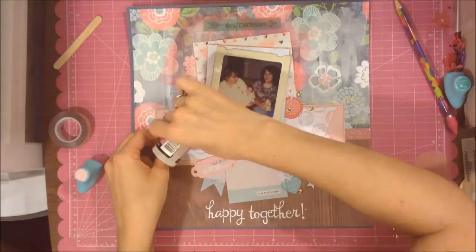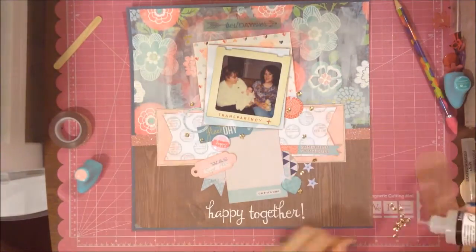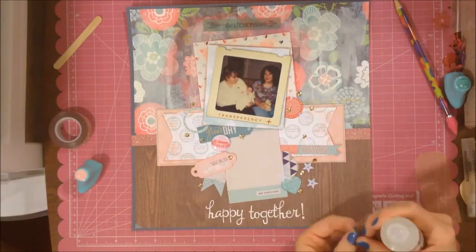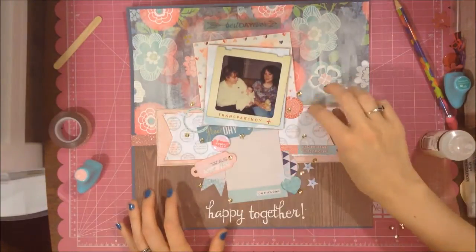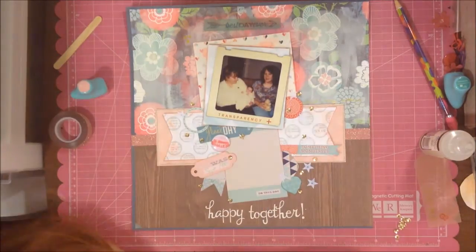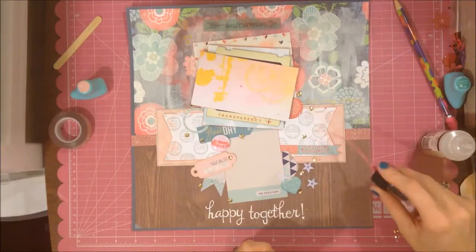So I think pretty much that is about it. I am going to journal in a minute, and I did edit some of this out, just so you know, because sometimes it takes me a while to... I really need to start getting back into... When I first started scrapping, oh yeah, I used